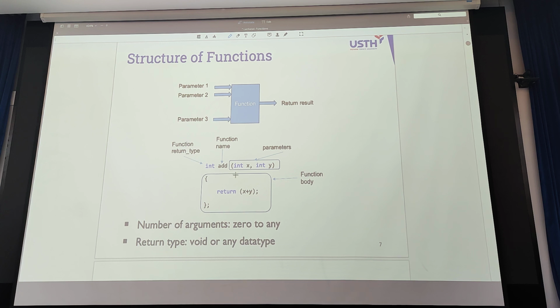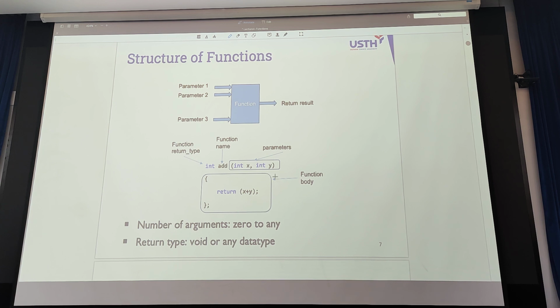You can name it any name, but it's better that the function name reflects the contents or the task of the function, right? And the returned value should be an integer. In this case, return the addition of the 2 inputs, x and y.